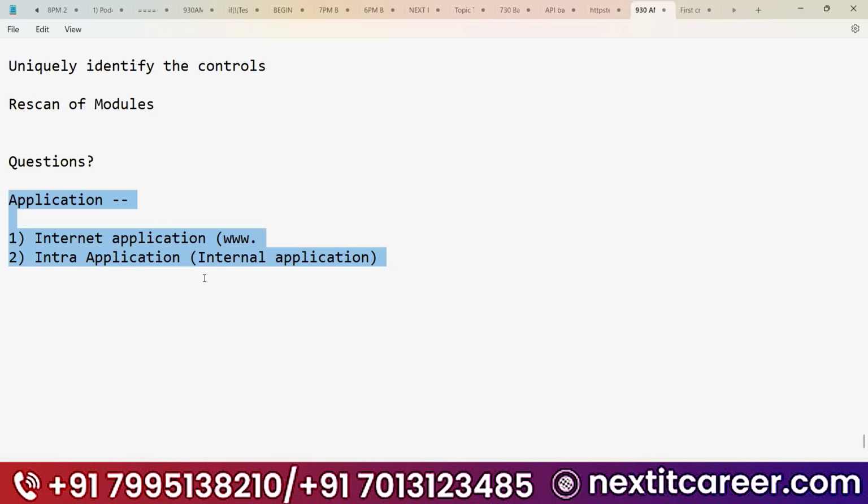Since you have asked this question, for everyone I'm telling you, try to learn the concept irrespective of the application. Why? Because if you know how to handle